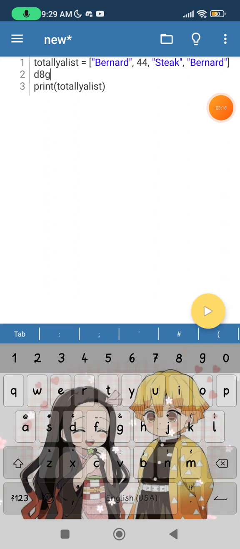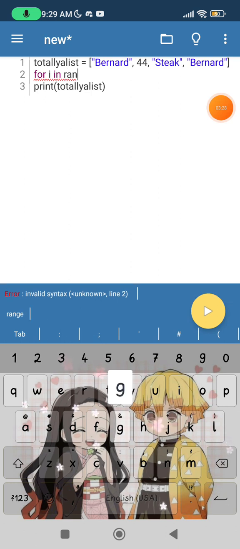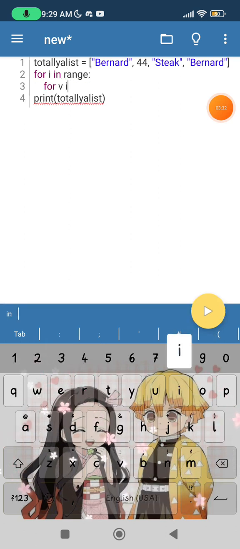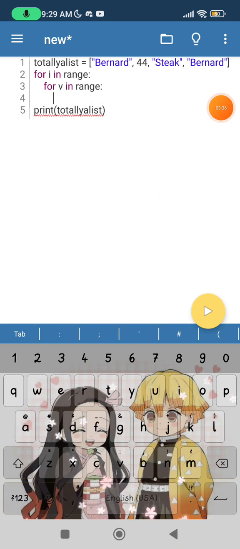And we're going to learn about nested loops, okay? For i, we're going to learn nested loops later on. Range, for the in range. So basically,